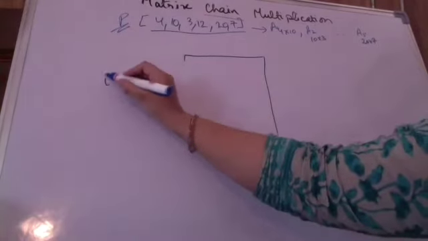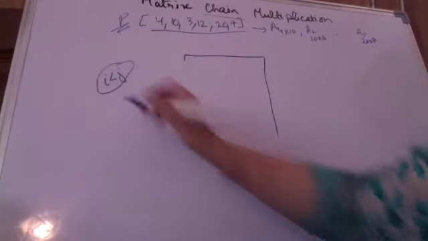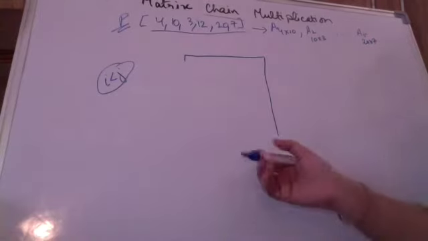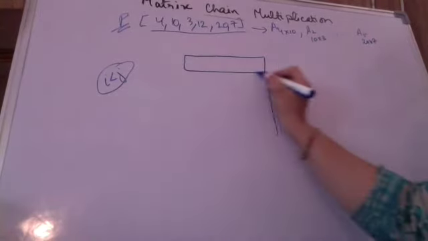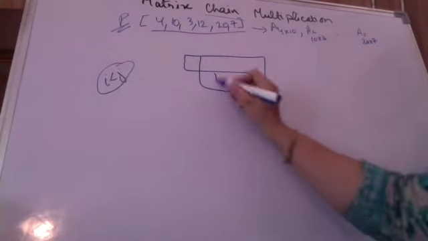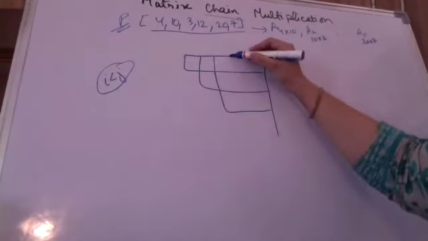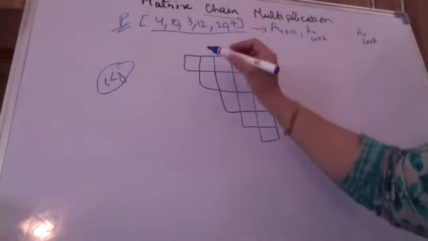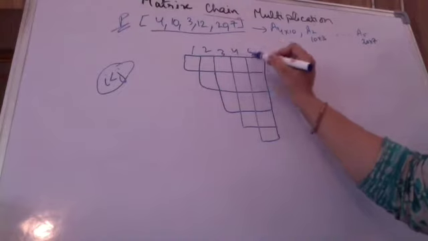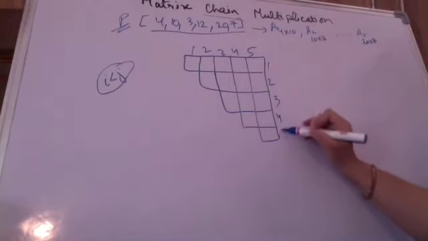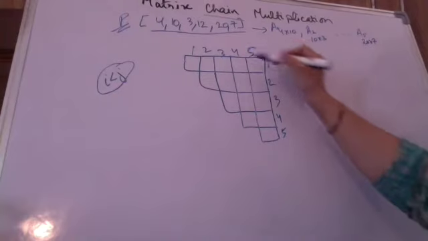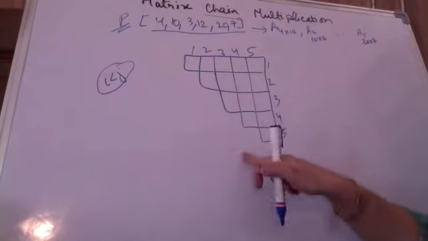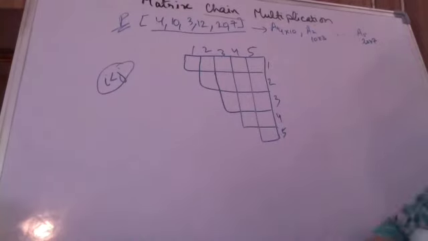Now I have to calculate only for the case where i is less than j. I have to calculate only these cases, not the other cases. So I am only going to calculate the upper half of my triangular matrix. I need not calculate the lower half because it will not be required. So they are all running from 1, 2, 3, 4, 5, with the value of i less than j. Okay? Here, where i is greater than j, that half is not required. Is it clear?